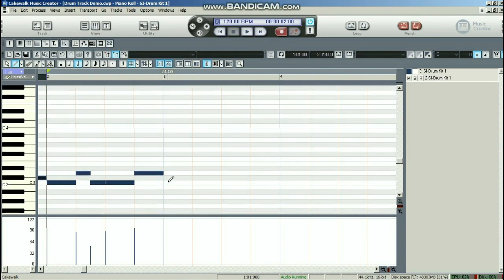The next thing I need to do is add some hi-hats, and I always forget up here which is the hi-hat key, so I'm just going to hit and hope. No, that's a tom, but never mind, we'll drag it until it's a hi-hat. There it is, that's now a hi-hat. And let's set up a basic kind of quaver based hi-hat rhythm